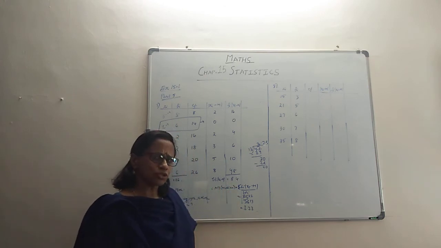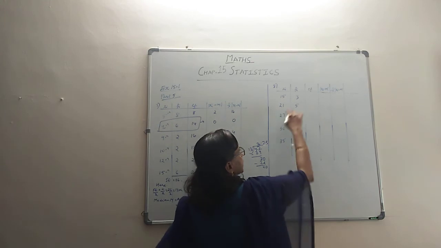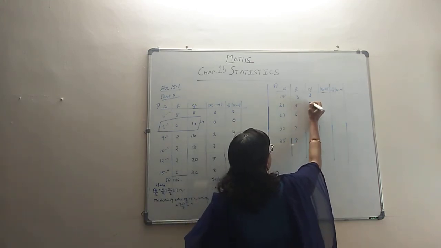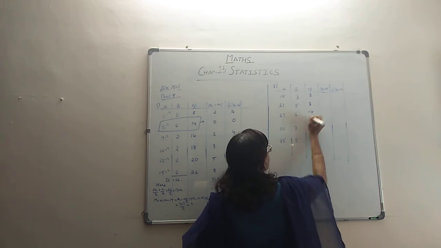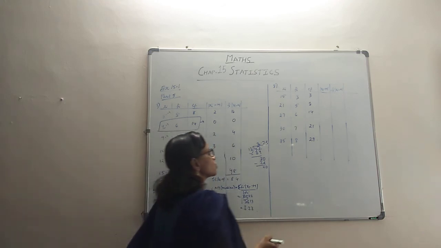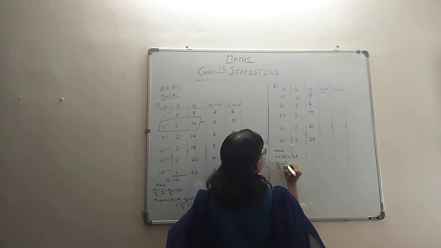So we can quickly switch over to the next also. Okay. This is the data. Let's take the cumulative frequency. 3. 3 plus 5, 8. 8 plus 6, 14. 14 plus 7, 21. 21 plus 8, 29. Stopping at 29. Right. So here n, which is summation fi, is 29. So look at n by 2.